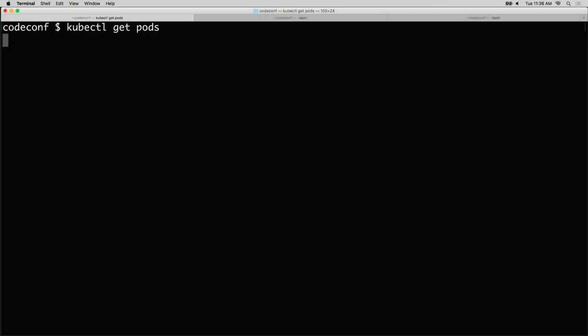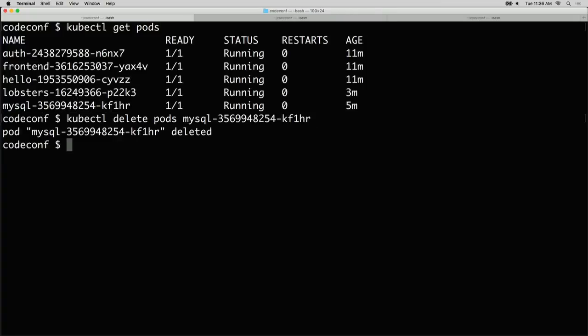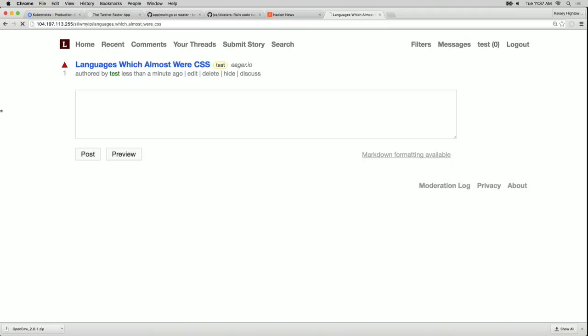So we have all of our stuff running now. You're getting pretty popular. So what happens if we delete the database? So let's grab this MySQL instance and delete it. Now, normally what happens here is you have a service call someone around 2:30, 3 a.m. in the middle of the night. They wake up, they read the alerts, and they try to get the database up and running as quickly as possible, right? So depending on what's going on, users may see weird things, so this is going to hang for a while.